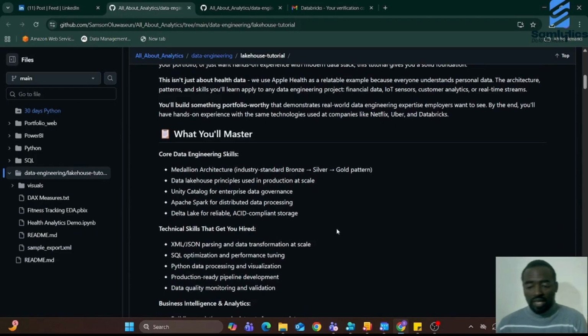So you learn and master the core, the Medallion architecture. You'll be able to use the data lakehouse principle, whereby you just bring in all your information and keep it, be it in the bronze layer or maybe in the workspace. So we'll be using the workspace method. Then once you bring in all the information,